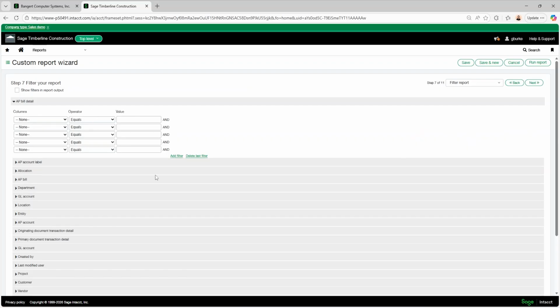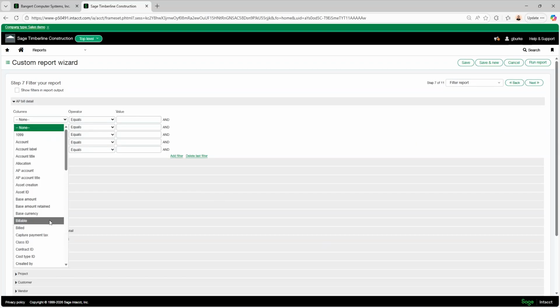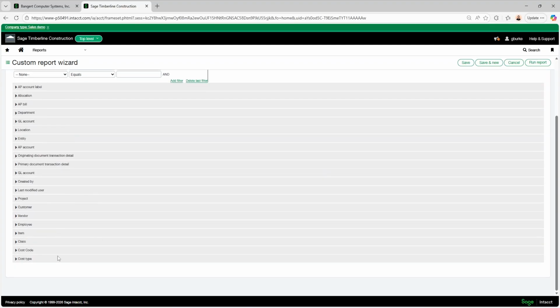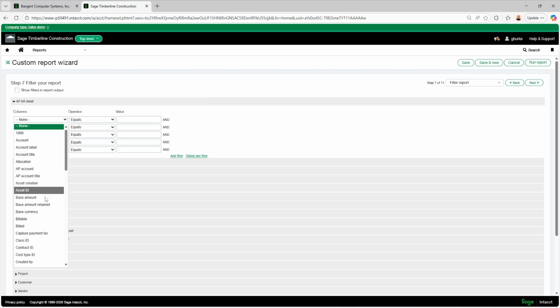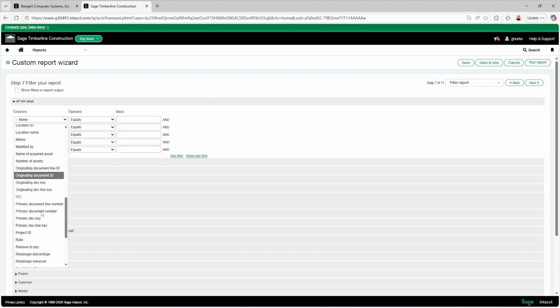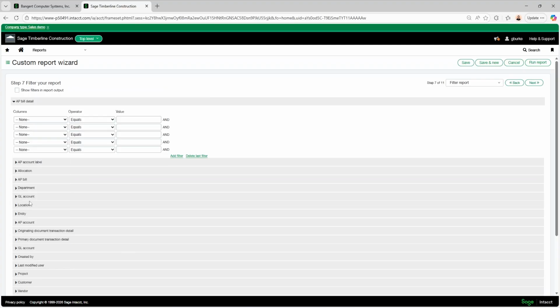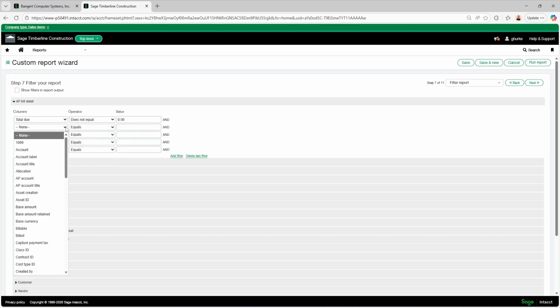Here we can add some filters to the report. So we have all the columns available from AP Bill Detail and from the other tables. So I want to just look at our open bills on this report. So I'll go ahead and find total due, and I'll say does not equal 0. And I also want to only look at bills that have a project on them.